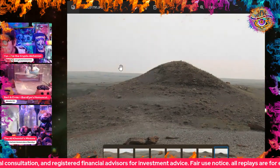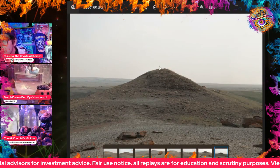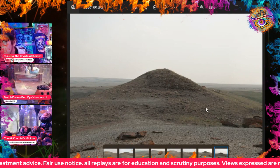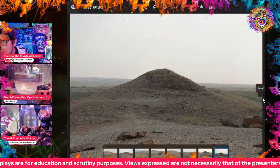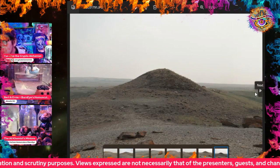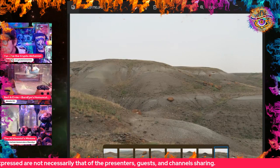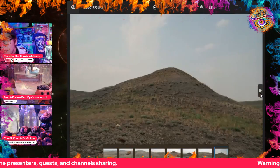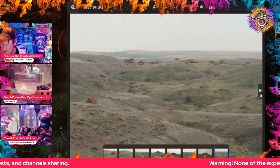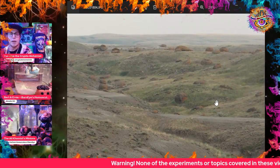and if these aren't convincing as possible mounds, wait till I go back to Drumheller, Alberta, and document the layered mounds there that literally litter the entire river valley and town, slash, I guess maybe city of Drumheller. World famous for the Royal Tyrrell Museum of